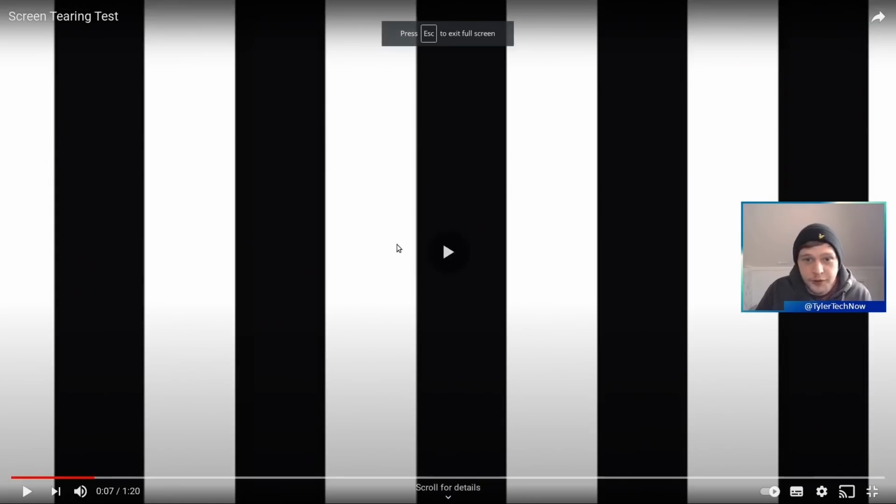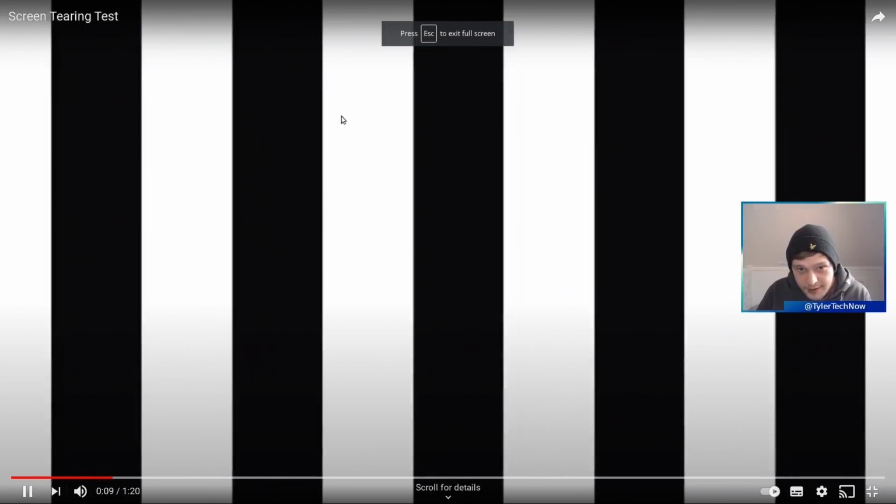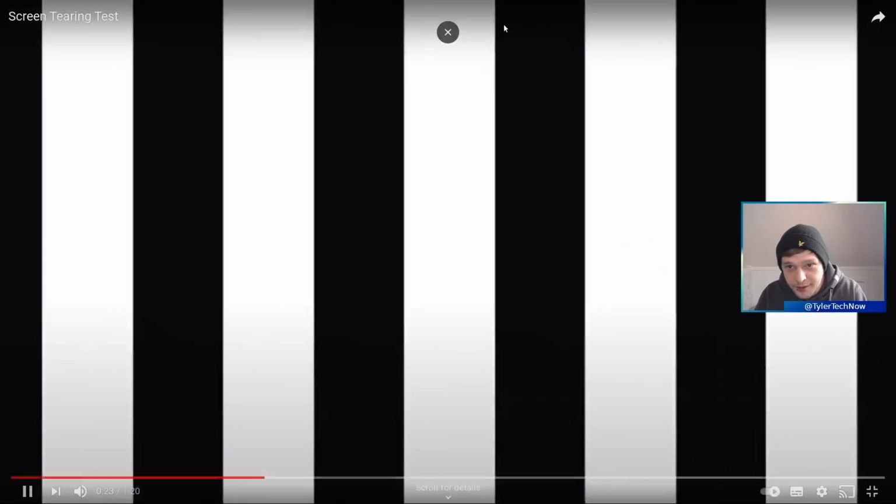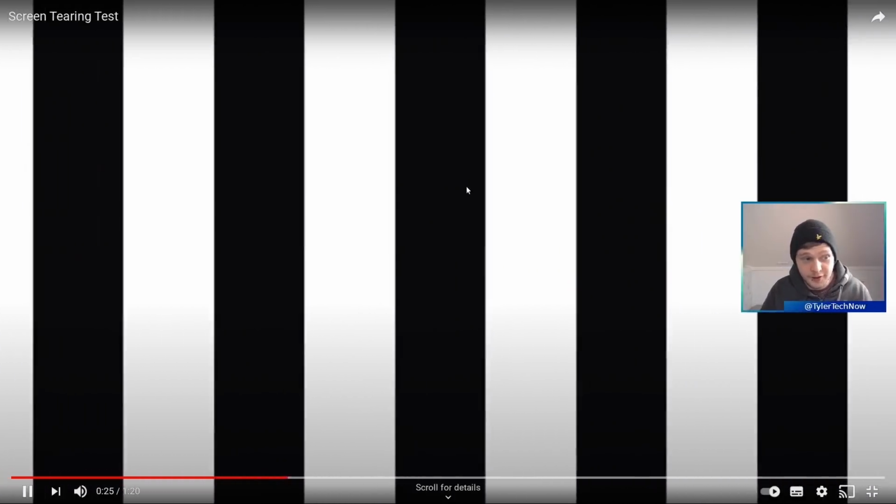So again, we're just going to full screen it, and we're going to look out for any breaks in these lines here. So it appears that we are all good. So the original tear was up around here, and it's no longer there, so screen tearing should now be a